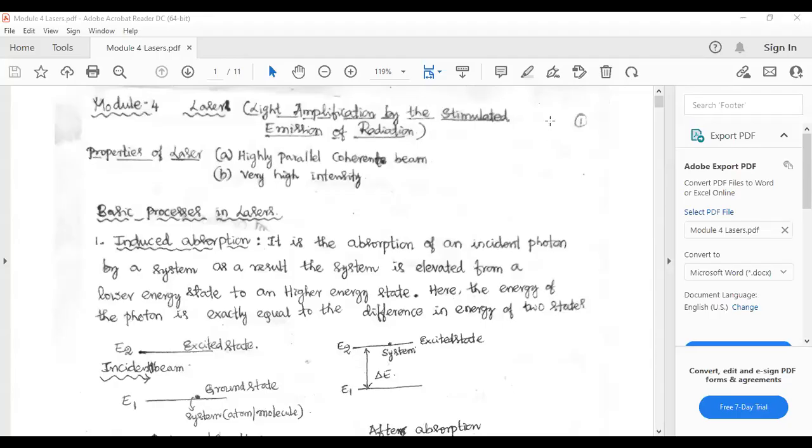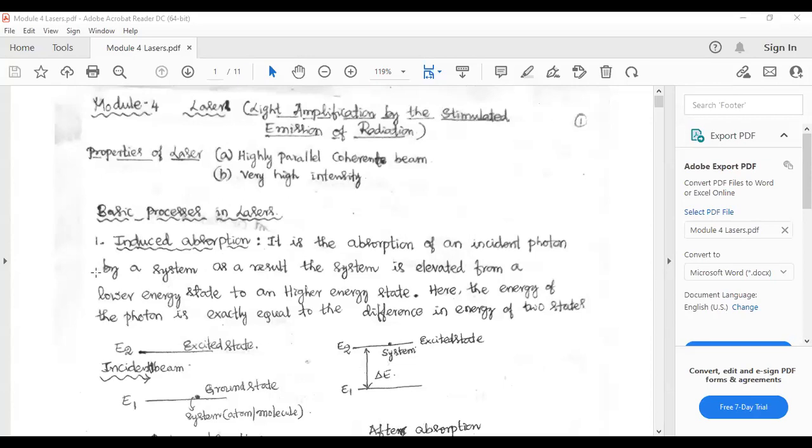There are a few minor questions which will arise in module 4. I just want to throw some light on those minor questions. Please watch this PDF. Can you see this one? Please raise your hand. Can you see this PDF, module 4 laser? Okay, thank you. Participants are able to see. Now I will explain a few things which are important in the examination.